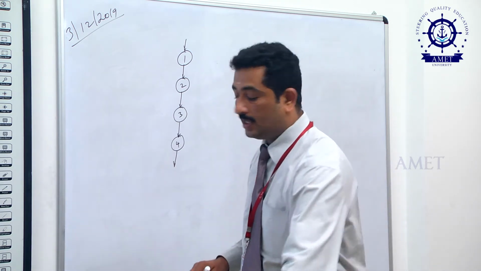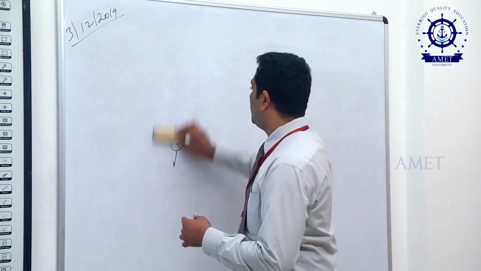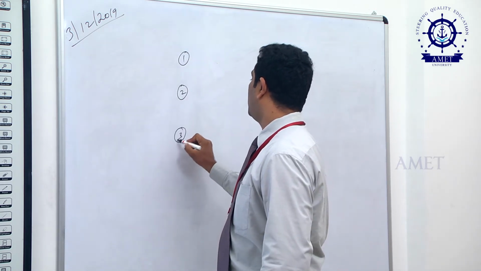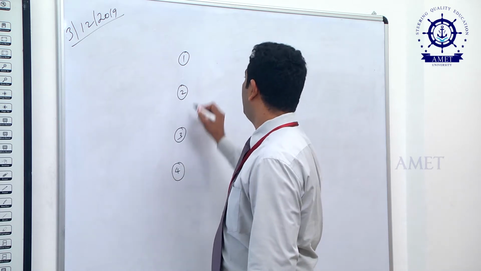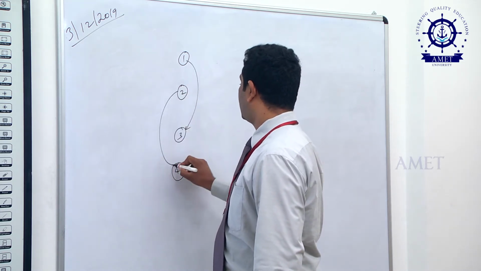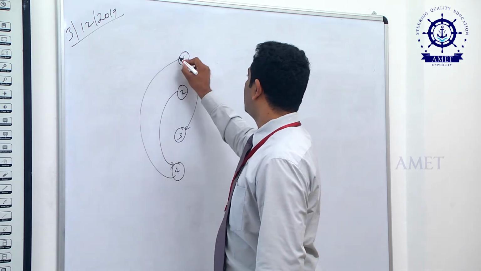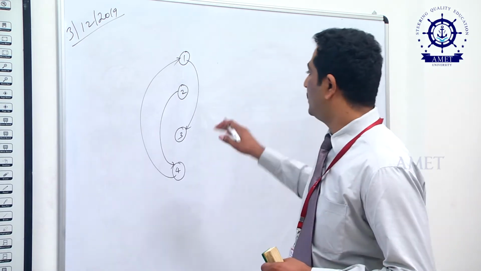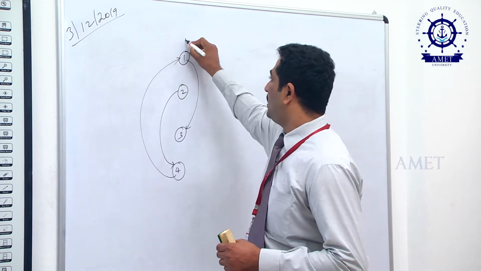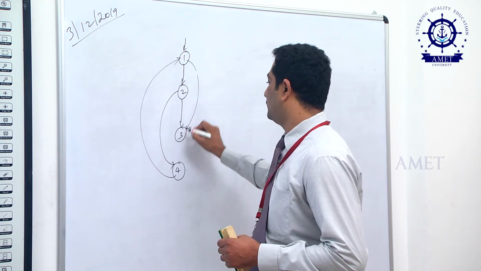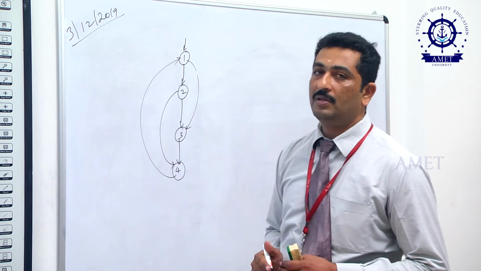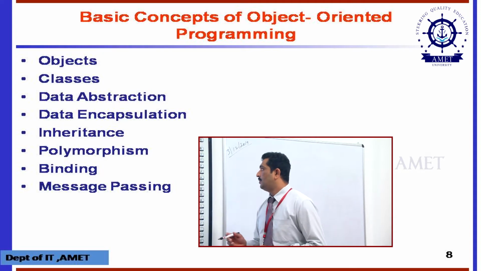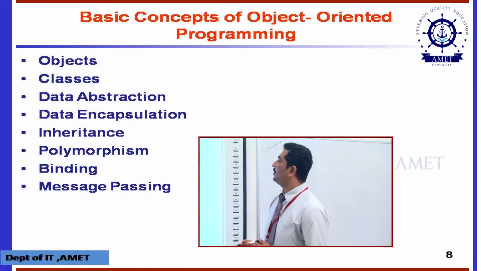But what is the object oriented concept? Suppose you write some modules like this. Module 1 we are introducing, then module 2, module 3 and module 4. We can connect them in different directions, that is not a problem. So this is called object oriented language. We can write many modules and interconnect them with each other in different ways. But in procedure oriented language you have to connect in linear order. So that's the difference between object oriented language and procedure oriented language.